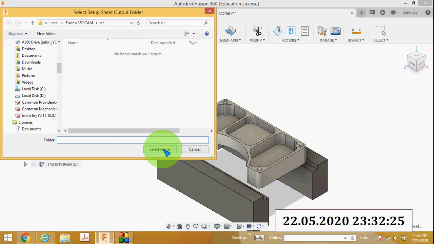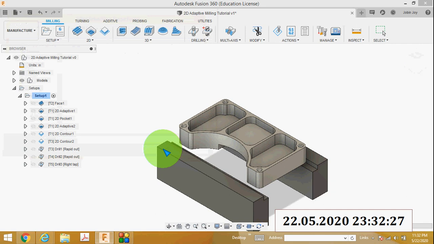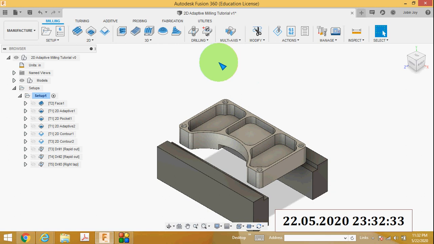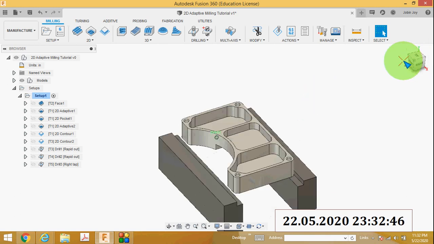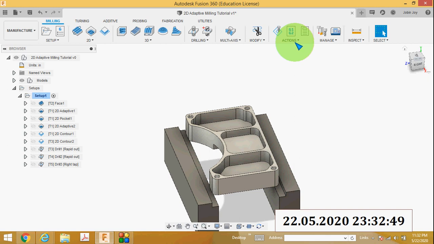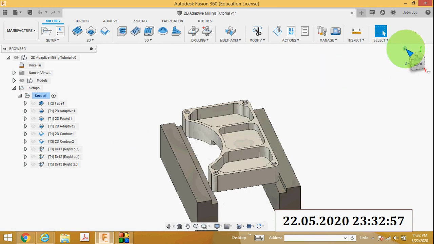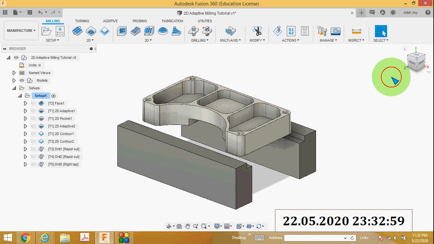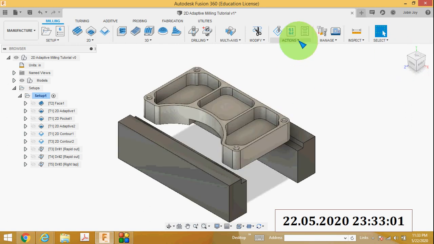Here we are waiting for opening the CNC code and the setup sheet. Actually this will take a few seconds. Yeah, that is under processing.